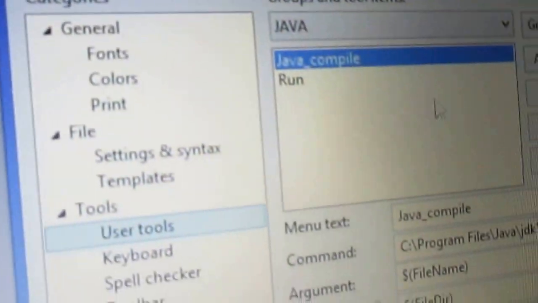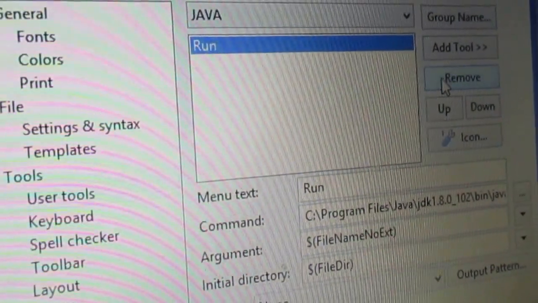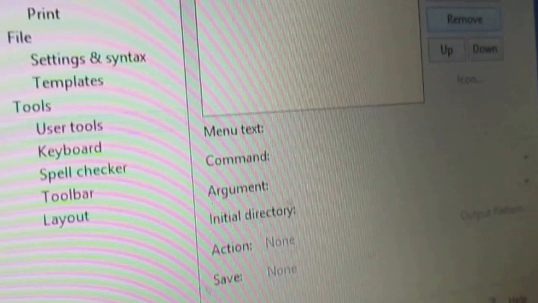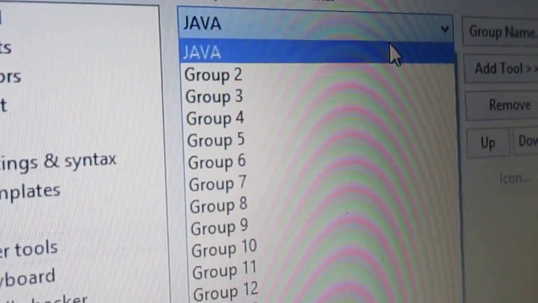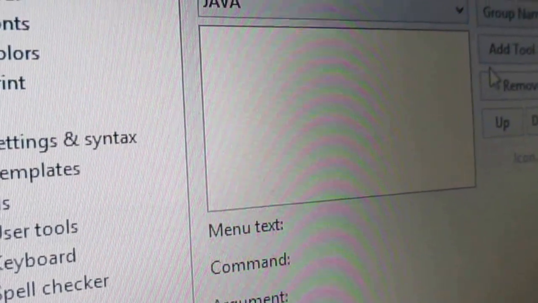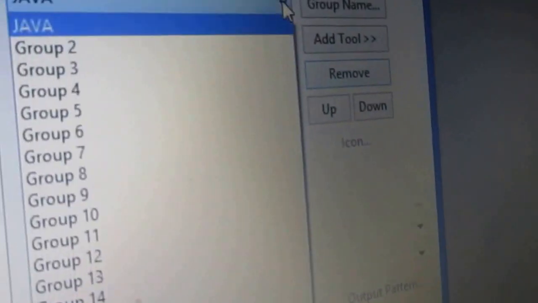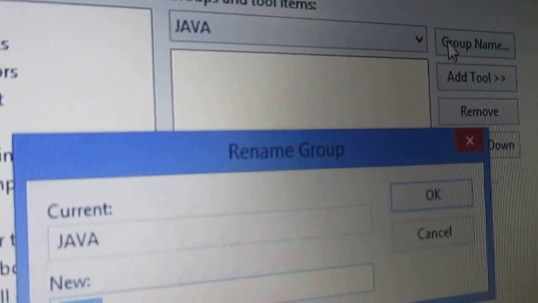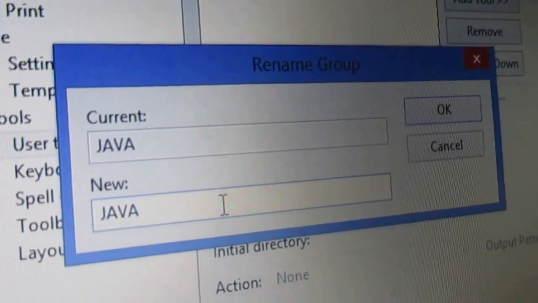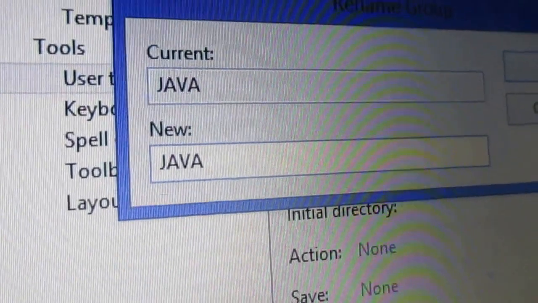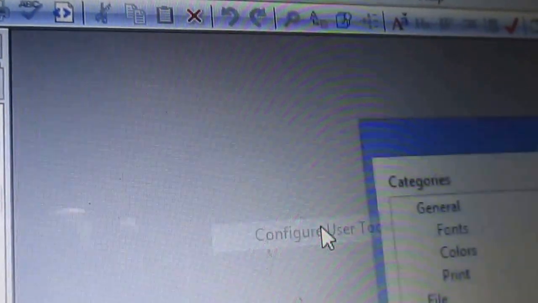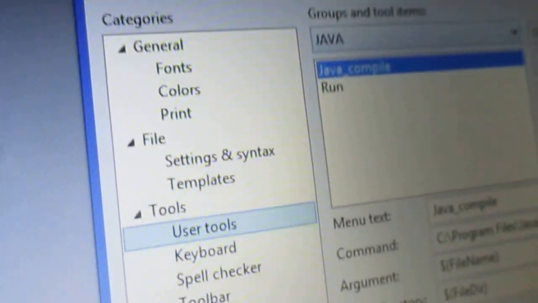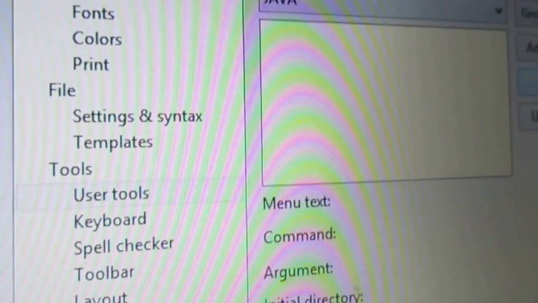Before that, I had already configured it, so here I am removing the tool and the group. Otherwise, you need to assign your group name and click on the group name option.